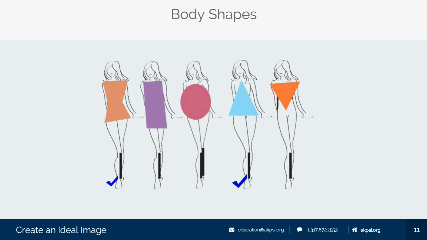An oval, not necessarily, because she still has shape within her waist. Although she does carry some weight in her waist, it's not the prominent figure. And then she is definitely smaller shouldered than she is hip width. So we are going to focus on this triangle and hourglass figure for her.